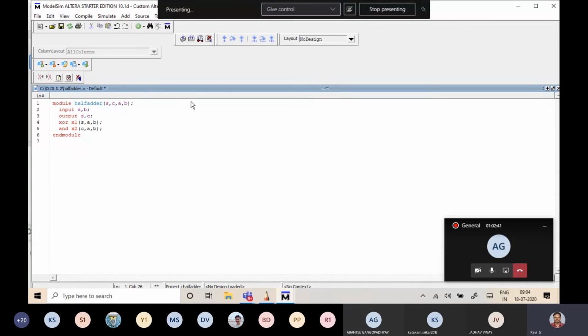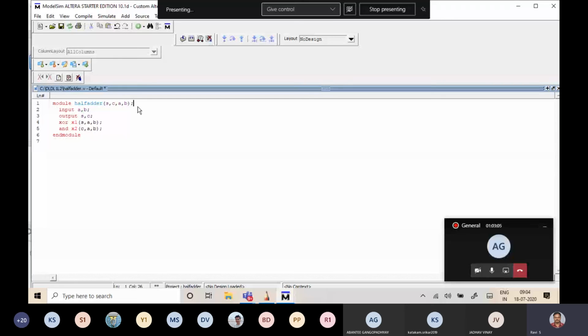Whenever you get an error message, double click the error message. The message will tell you in which line you committed a mistake and what kind of error it is. Everything will be explained by the tool. What you have to do is follow the tool and correct the error. That's all. Once any modification in the text editor is made, you have to save the file, remember.